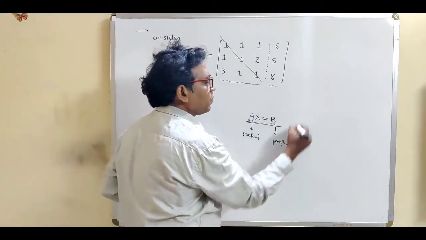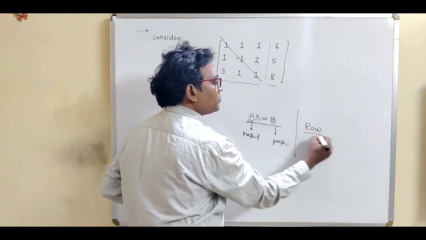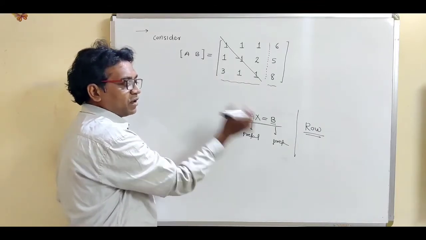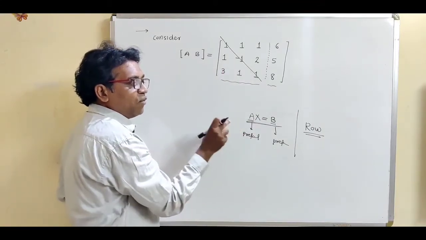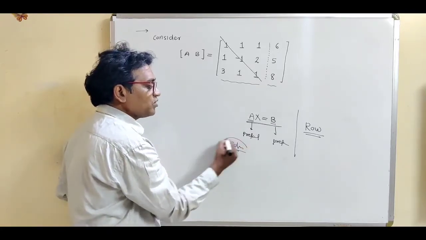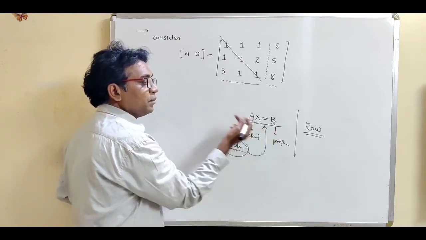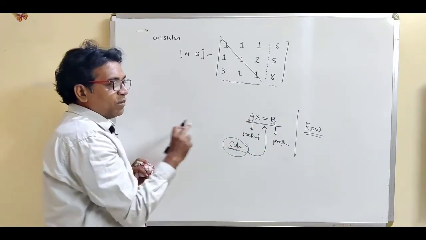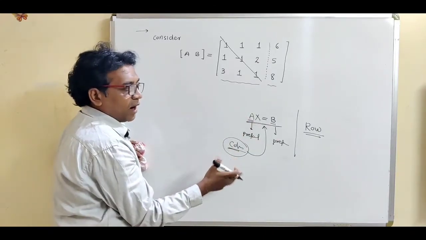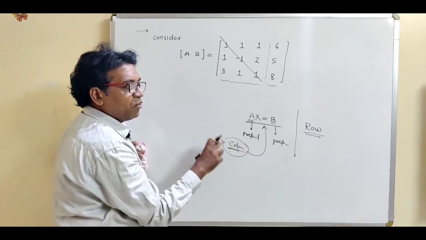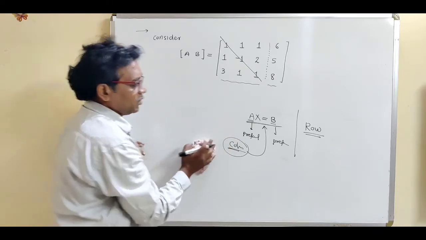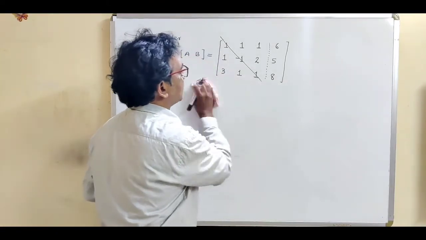So we know this concept: always use row operations for prefactors. We are given matrix A, which is a prefactor, and B, again a prefactor, so we have to apply just row operations. Don't use column operations, because column operations are applied for the postfactor. So remember this concept: on a prefactor we have to apply just row operations. In the whole chapter we apply just row operations.